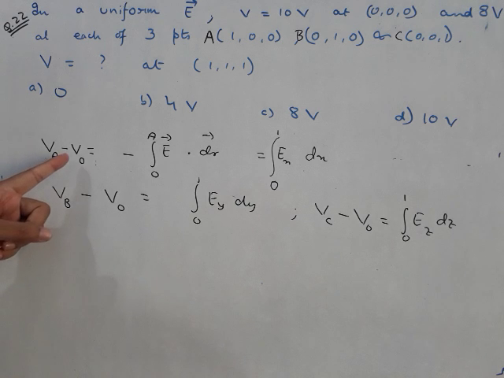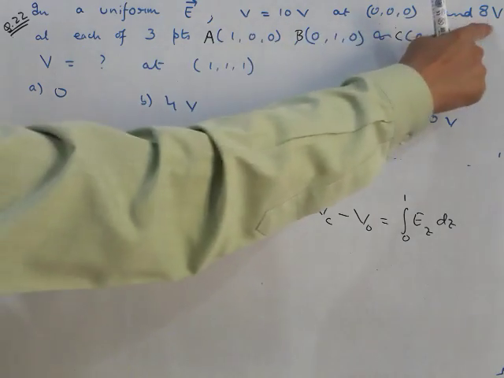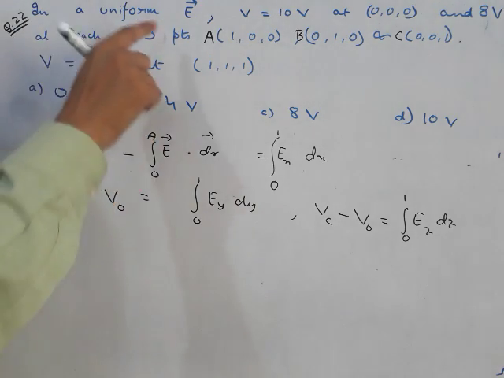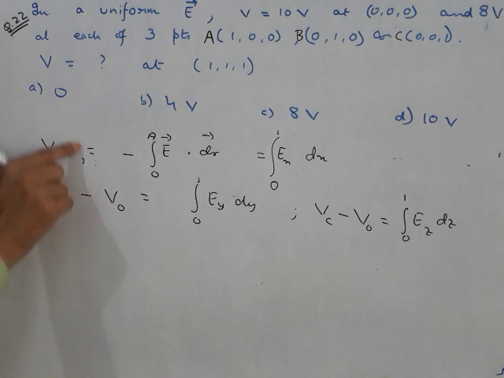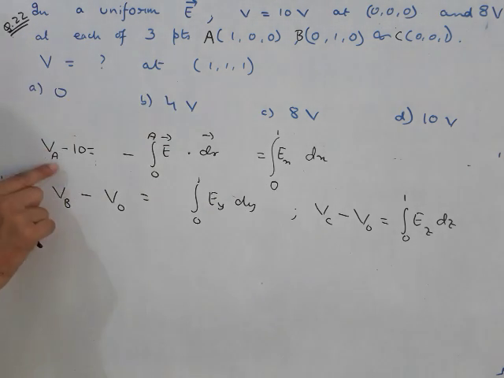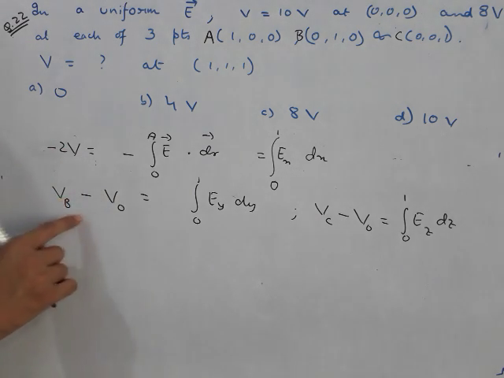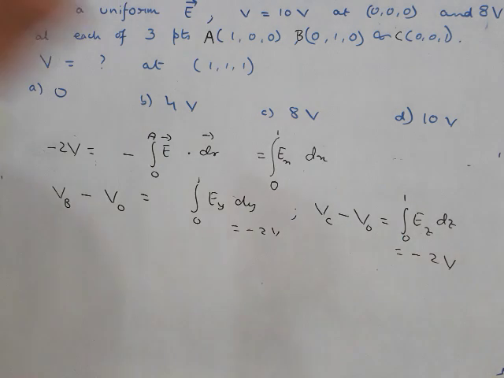Why I say given? Because you already know the potentials. What is Va minus V0? At A the potential is how much? 8 volts. At A, B and C the potential is 8 volt. And at origin, what is the value of potential? 10 volt. At origin it is 10, and at A it is how much? 8. So it becomes 8 minus 10, that is how much? Minus 2 volts. Likewise, this is equal to how much? This is minus 2 volt, and this is how much? This is also minus 2 volts.